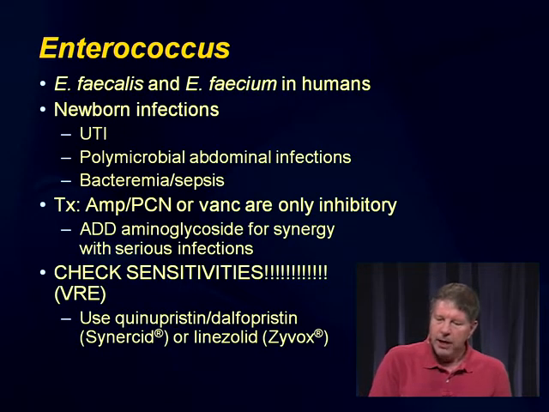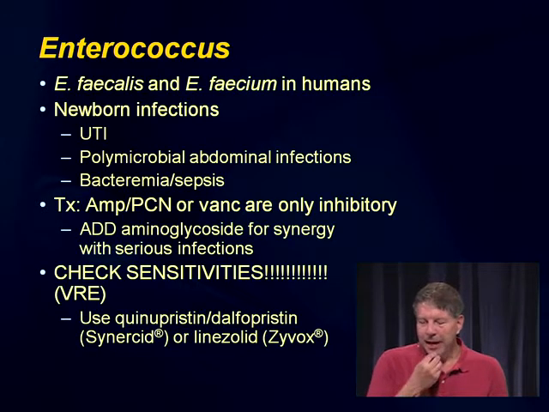All right, Enterococcus. Mainly it's going to be a problem in our newborns. They cause UTIs, abdominal infections, bacteremia. And this is one of the weird ones in that you need to use ampicillin or penicillin again, or Vanc if they're pen allergic, which newborns are probably not going to be. So generally it's ampicillin, penicillin. And here we still add the aminoglycoside if there's serious infection,